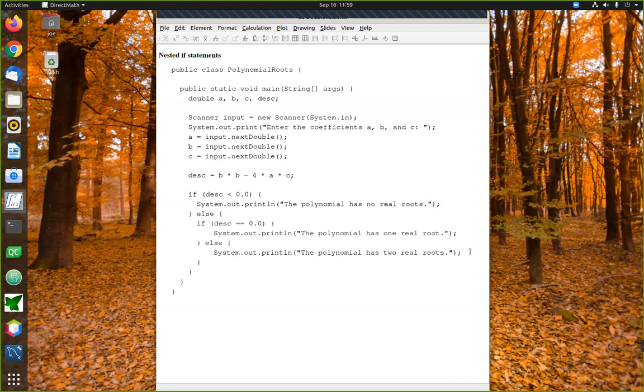So this is a case where you have to ask not only a first question, but a second question, and the way you do that is by embedding one if statement inside another one. What happened here is that we have the else branch of the first question, and embedded inside that is a second question, which we set up using a second if-else statement.